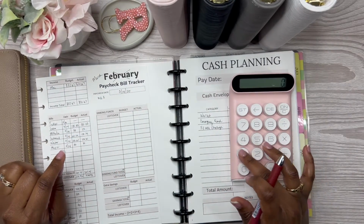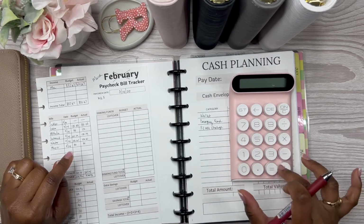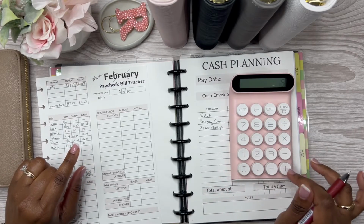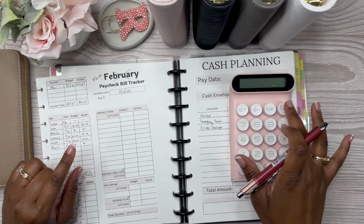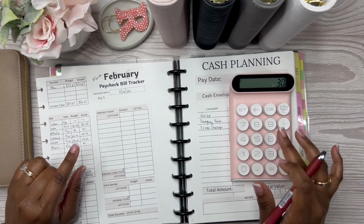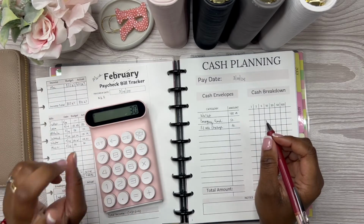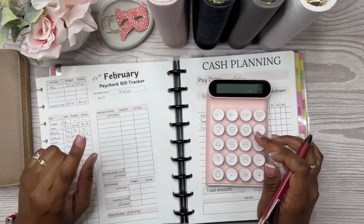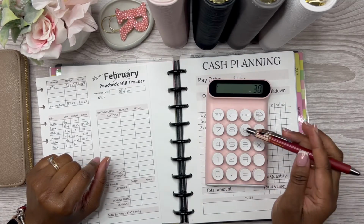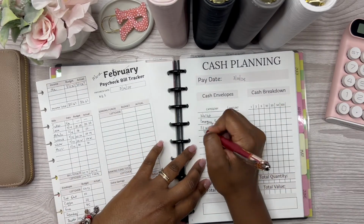$19. Let's see. 1, 2, 3, 4, 5, 6, 7, 8. Yep. 9, 10. Okay. 9, 10, 11. There we go. So I have to stuff. I'm stuffing $30 for weeks 9, 10, and 11. Did y'all see that? So week 9, 10, and 11. Okay. So $30. And then for the $20 Friday challenge,